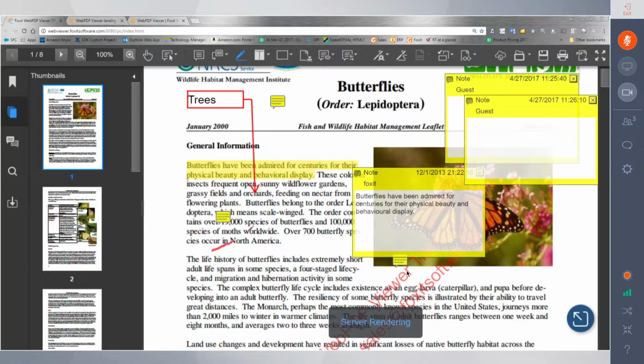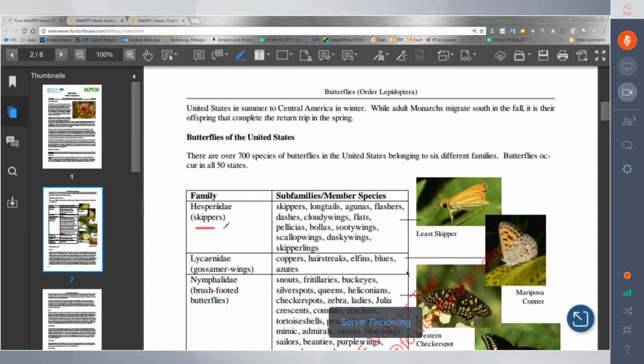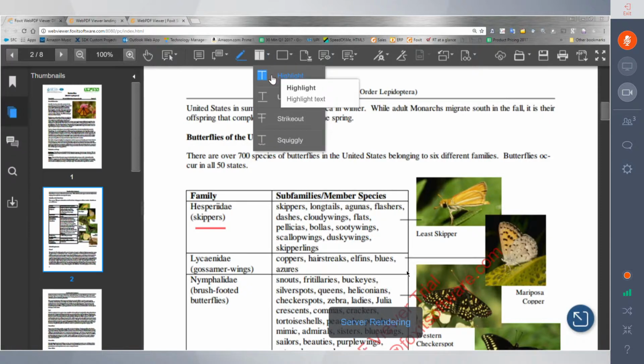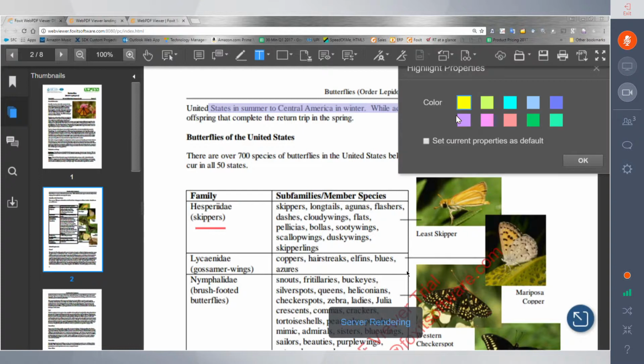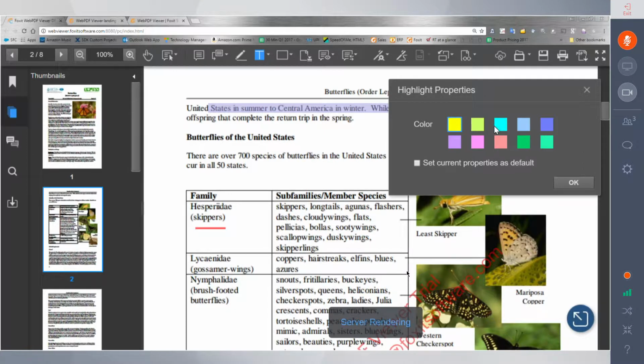Users have the ability to draw on a document as well as images. And we also provide the ability to highlight text. We can highlight text with various colors, underline, strikeout, and squiggly line. So if we select this here, we can also go into the properties by right mouse clicking or going into the dialog box on whatever device is being used and select various colors